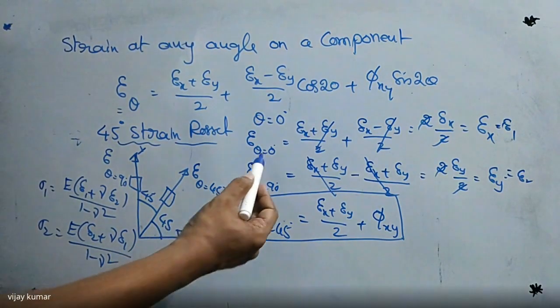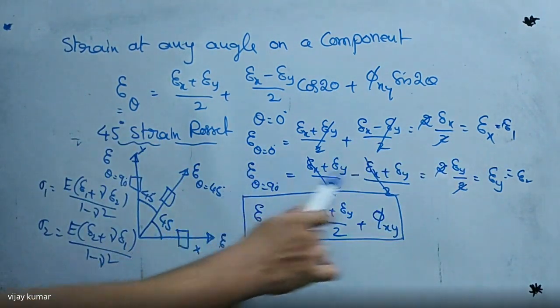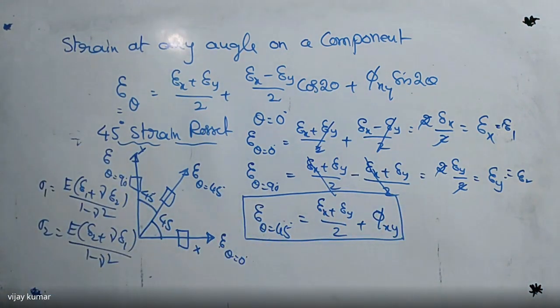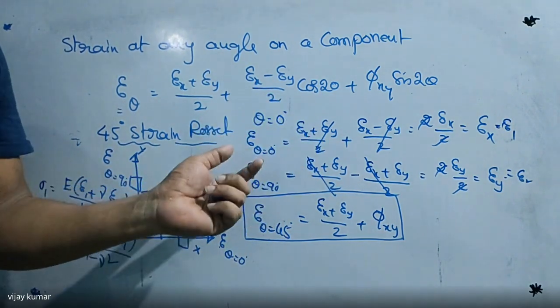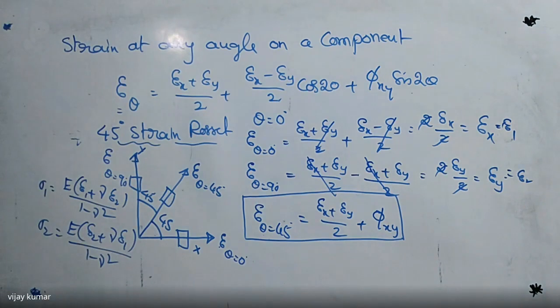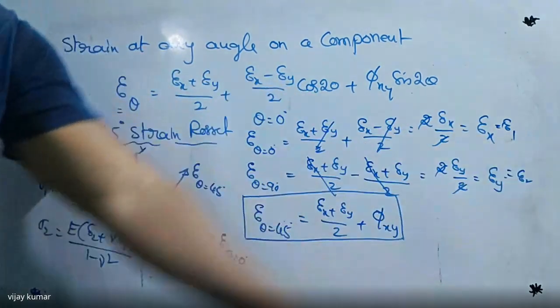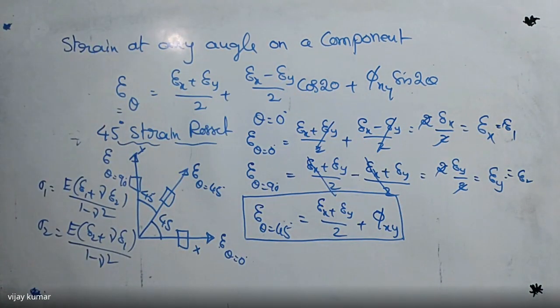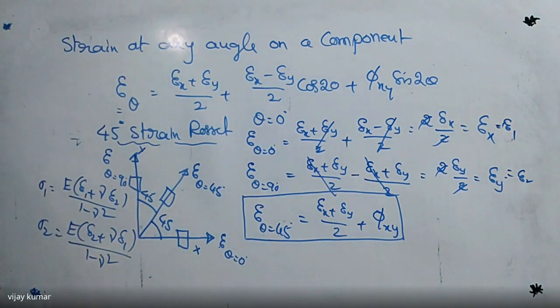If they give it directly, the strain along x direction, strain along y direction, strain along z direction, they will give it to you. Otherwise we can follow like this. Otherwise they will give theta values. So substitute the theta values, then we can find the strain values epsilon 1 and epsilon 2. That is also equal to epsilon x and epsilon y. Now substitute those epsilon 1 and epsilon 2 here. They will give the Young modulus and Poisson ratio. Then we can substitute here. Then we are going to get the principal stresses by using the principal strain.